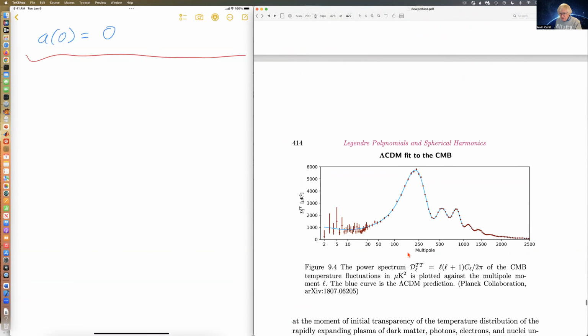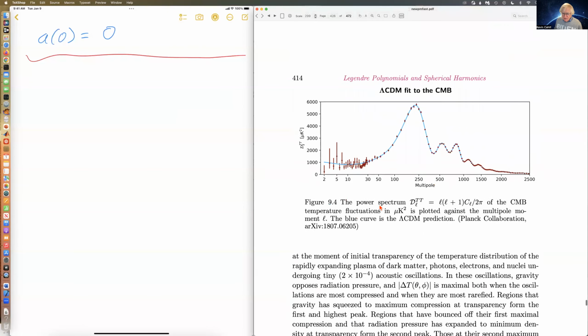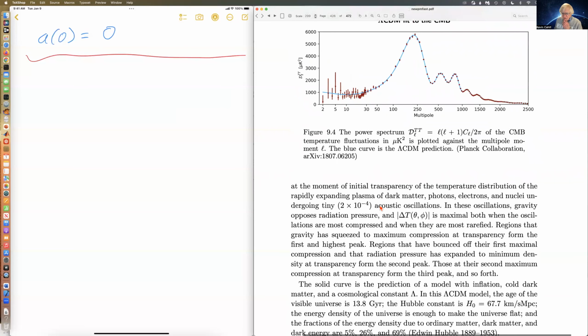This is the multipole L of this C sub L right here. And the fact that the fit is so good tells us that lambda cold dark matter is approximately right, or there's a lot of truth to lambda cold dark matter, but